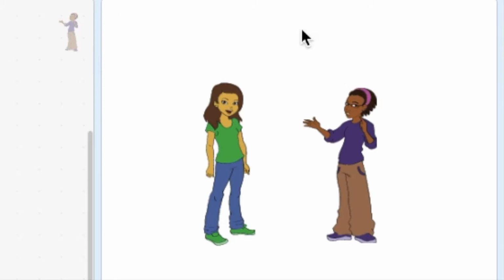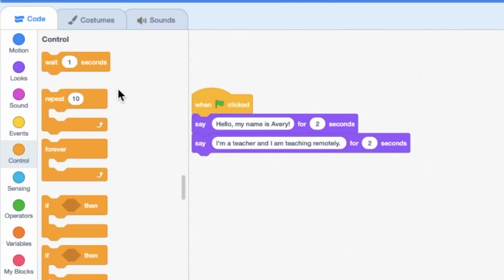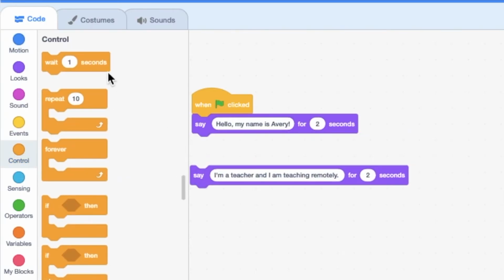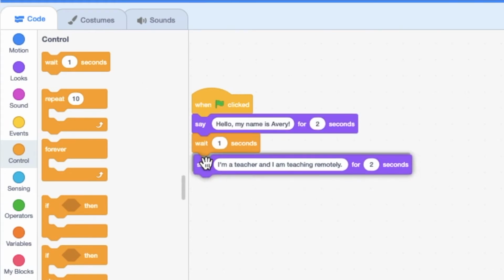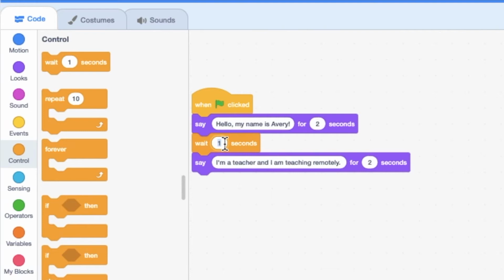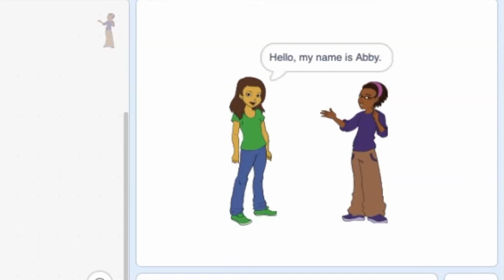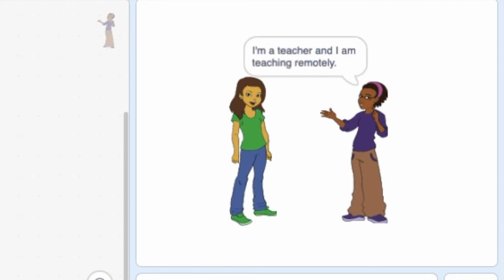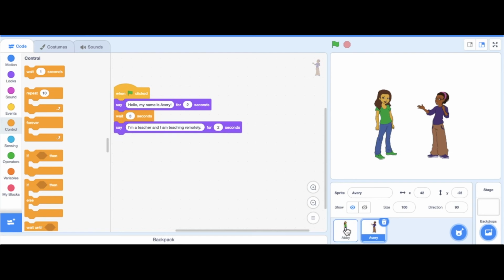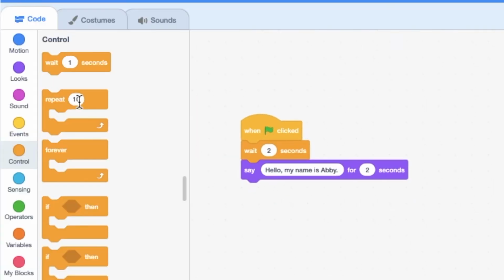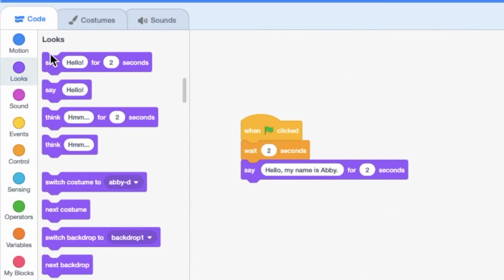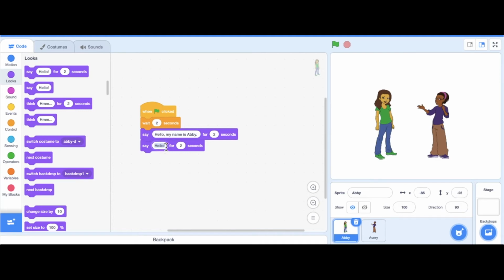Okay, now notice again that the dialog boxes were overlapping. So let's go to the control button and let's do a wait block. And I think I'll make it wait 3 seconds. Now let's click the flag again. Okay, so maybe now Abby comes in and she says, so I go back to the looks, and she says,